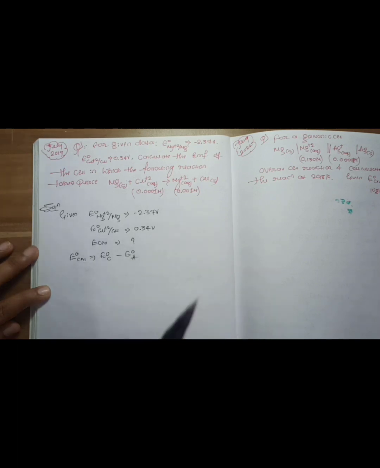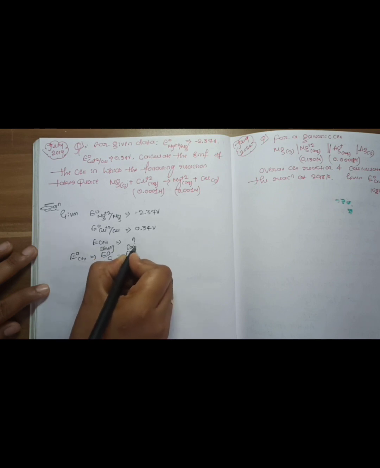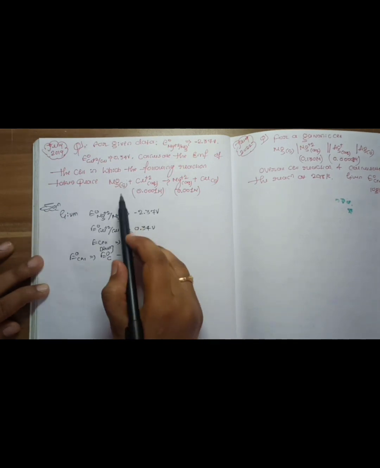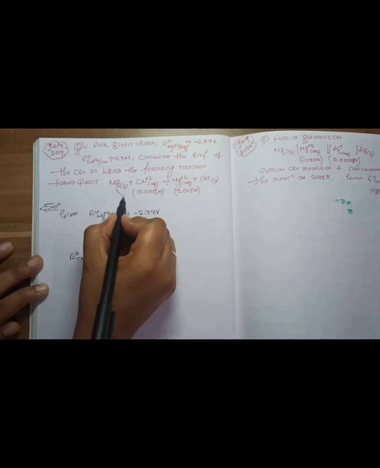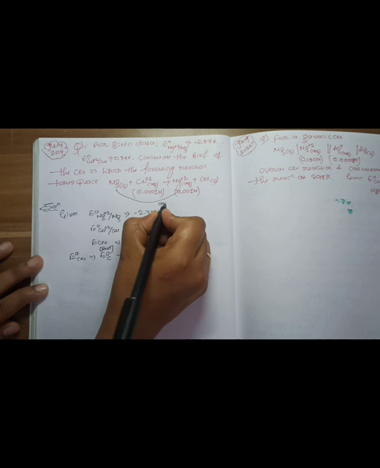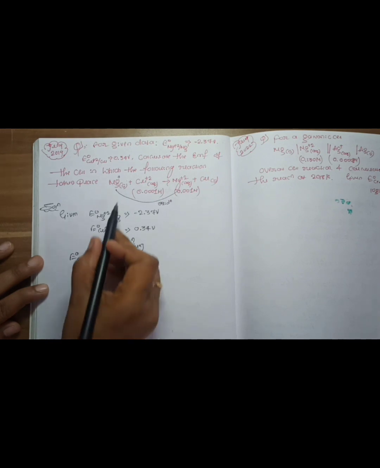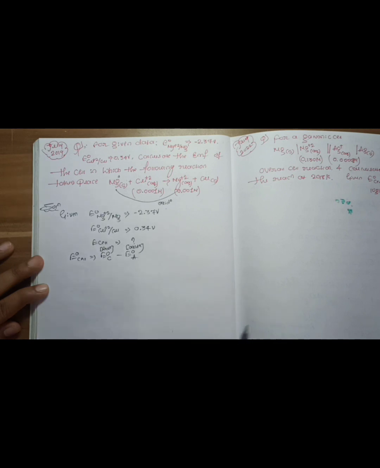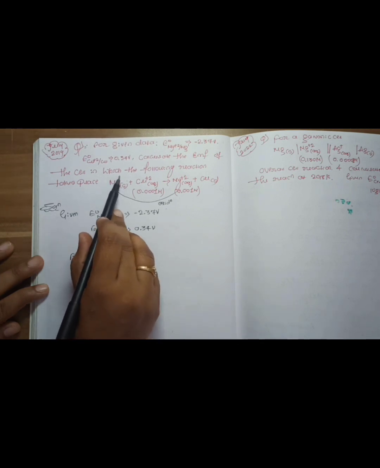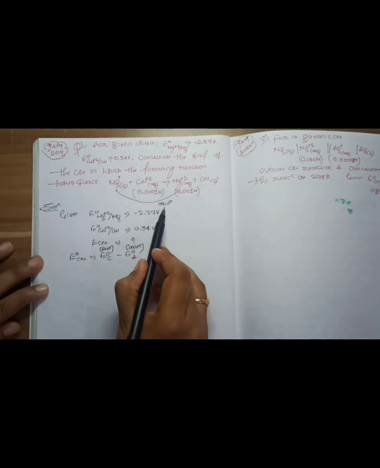First, always remember, at cathode reduction takes place, at anode oxidation takes place. Now, in the cell reaction, which is undergoing oxidation and which is undergoing reduction? From Mg to Mg plus 2 is undergoing oxidation. How? Above Mg the charge is 0, above Mg plus 2 the charge is plus 2. An increase in oxidation number is what we call oxidation. 0 to plus 2, the oxidation number increases, so this is what we call oxidation reaction.